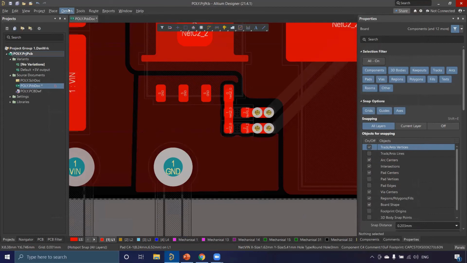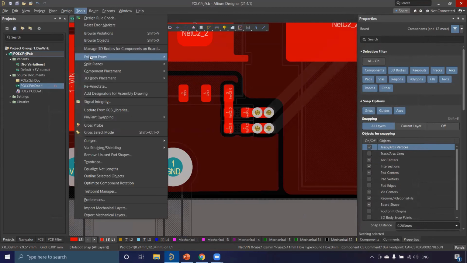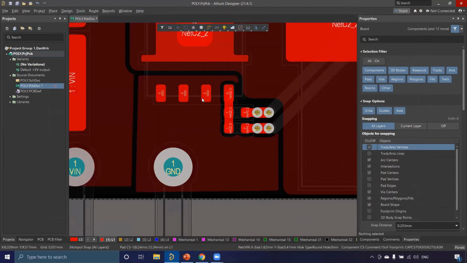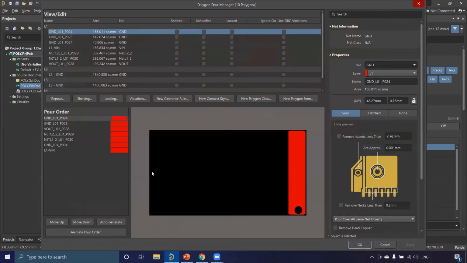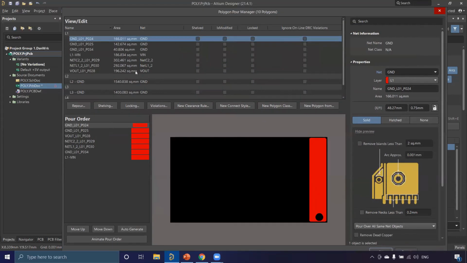And then again in the tool polygon manager, one more feature we have, that if you want to create the connect style. Okay, now we have the connect style, different connect styles. Okay, as I told you, connecting the copper to the pads or wires is very important. So to reduce the heat, all these problems, if you want to connect the copper to the through hole pad or SMD pad by relief connect or all this, you can go for new connect style and do it.